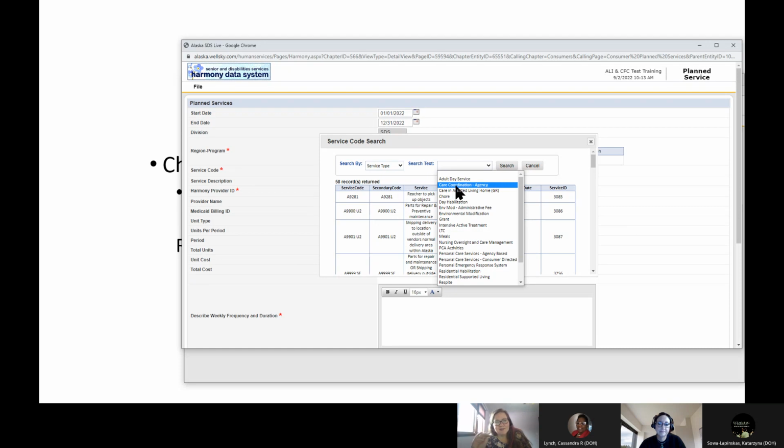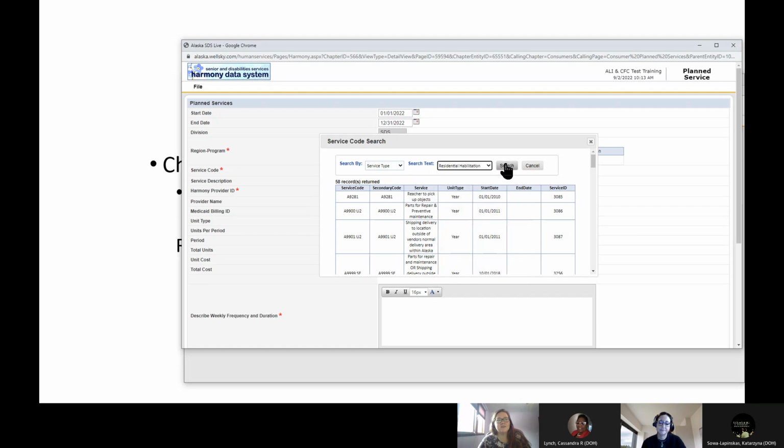You select it by agency. But there is one down towards the bottom that does trip people up. And that's the difference between residential habilitation and residential supported living. What is the difference? Why is that tricky? Residential supported living can be confused with habilitative supported living. There's a confusion there. So if you're looking to have, and I'm just going to click on it so you